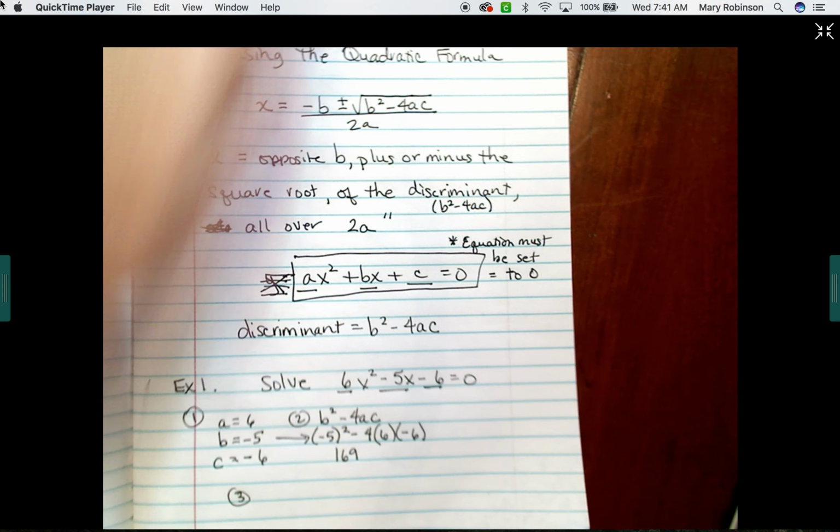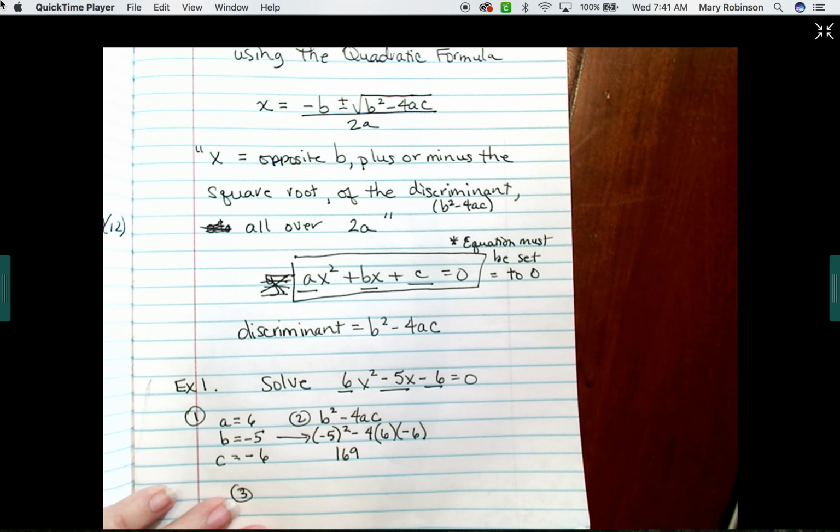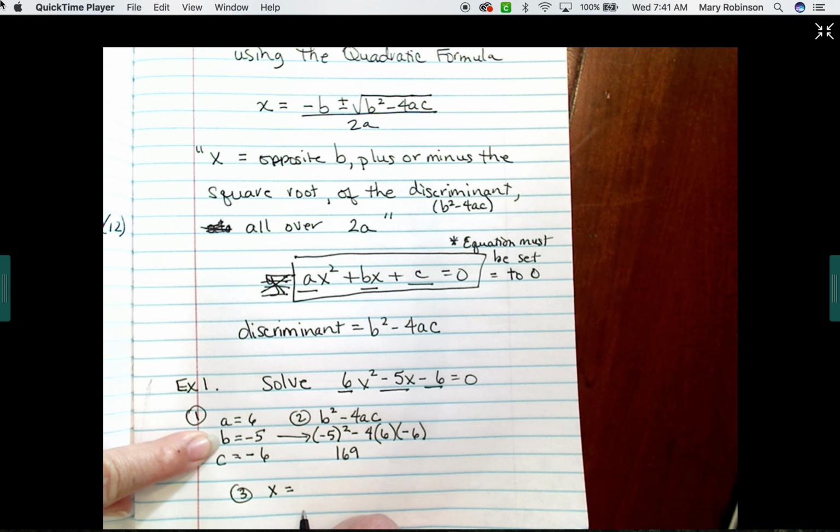And I'm going to substitute into the formula. All right. So, and I sing the song as I substitute, so it helps to make it easier. So x equals opposite b. So I'm going to look over here. The opposite of negative 5 is positive 5,